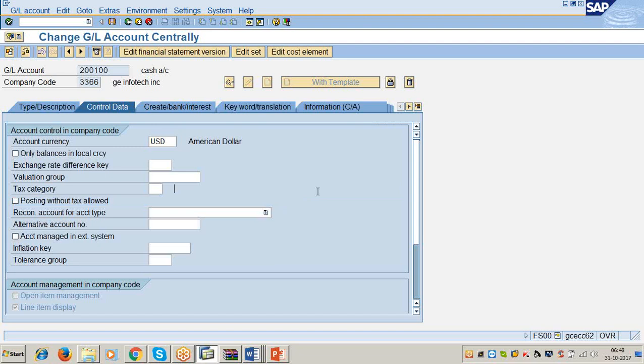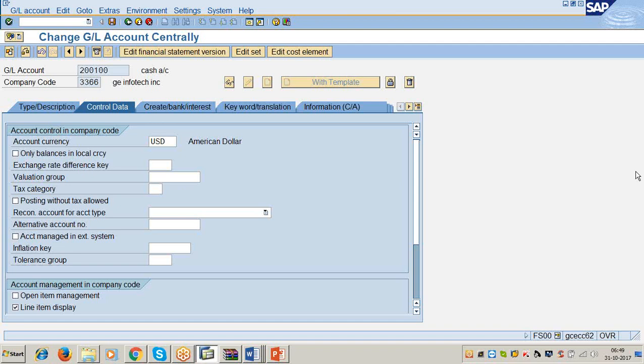Clear, Mr. Chandrasekhar? Akila, you have any questions? Okay. Anil, I will come to one by one, right? How to upload exchange rates from MS2, that we will discuss later on, Anil. Yes. Yes, Chandrasekhar, you are right.